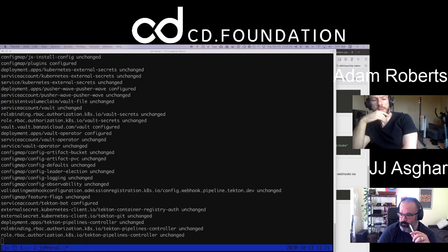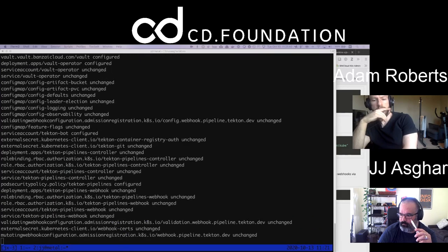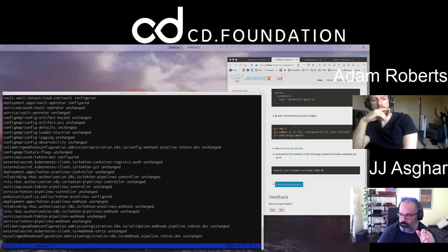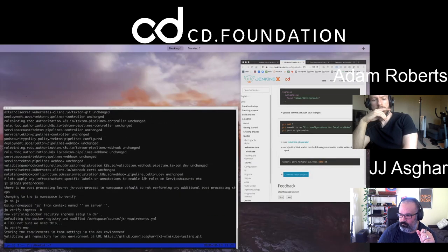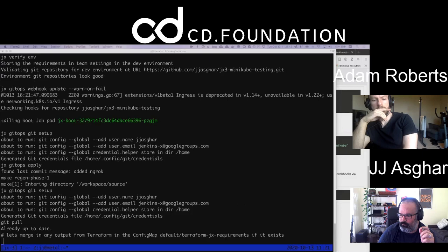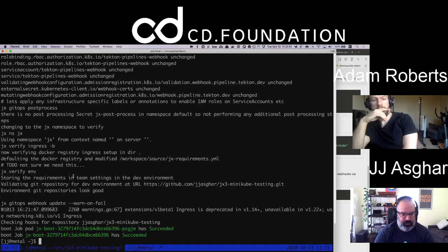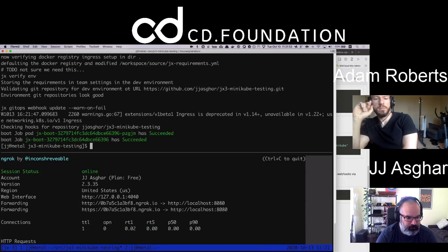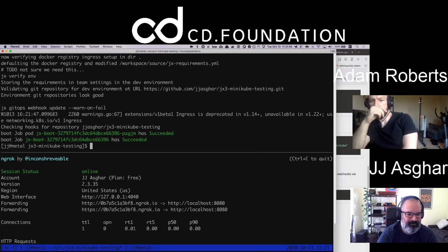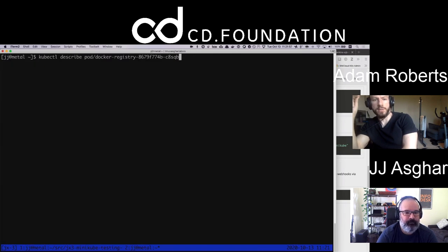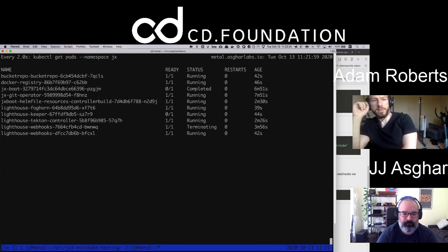Okay, some configured. Yep, looks like it might be done. So those pods should be happy, and you should have a Docker registry secret in this namespace.